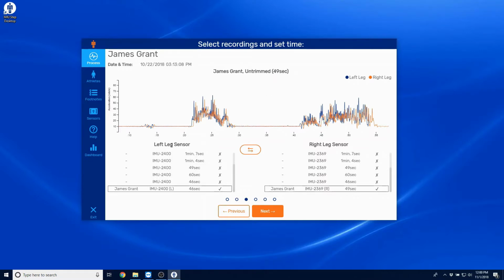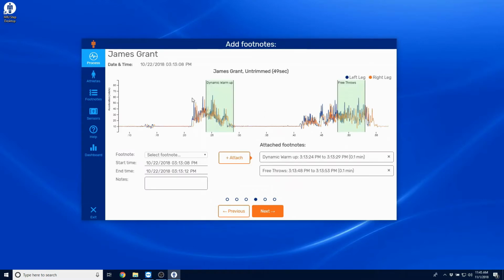Next, I'll just check really quickly that I'm syncing the right file. So this was the 49-second file, and it's a right leg sensor with the right leg recording, and left is the same as well. I'll hit next, and this will give me a summary of the footnotes I've added in